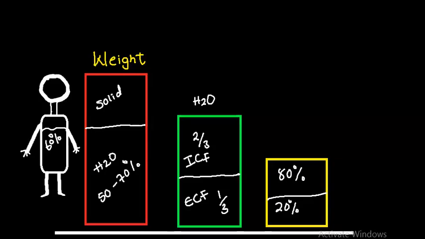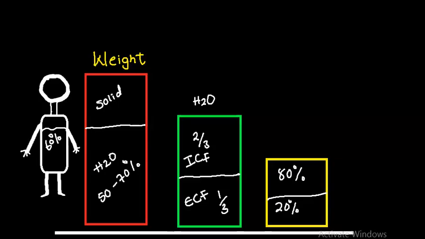And the word compartment simply refers to the distinct section or division within a layer or a space or a structure. So when we talk about the fluid compartment, we are referring to the different areas inside the body where fluids are located, like inside the cell or around them. The human body is about 50 to 70%, roughly 60%, made up of water. And the amount of water can vary based on different factors like the age, sex, that is the gender, and